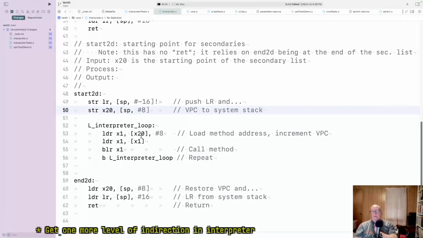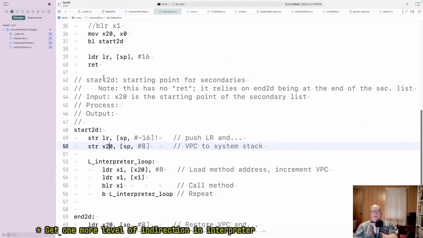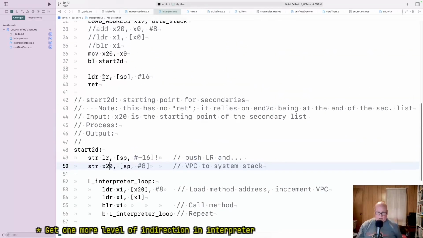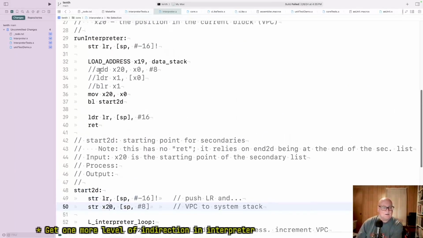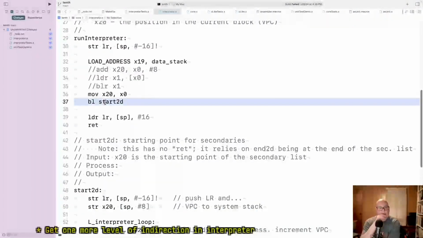Could set up VPC. No, because this is going to be recursive when we have multiple secondaries calling secondaries. So it's got to be set up outside. That I'm kind of clear on. I seem fuzzy on the rest here. I almost think this, I think we're going to call it